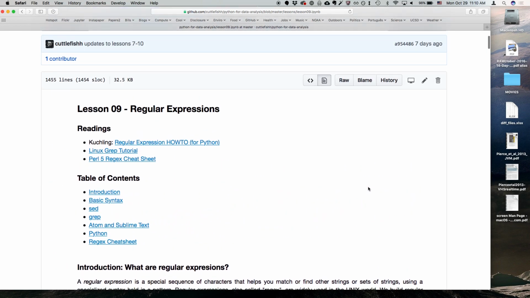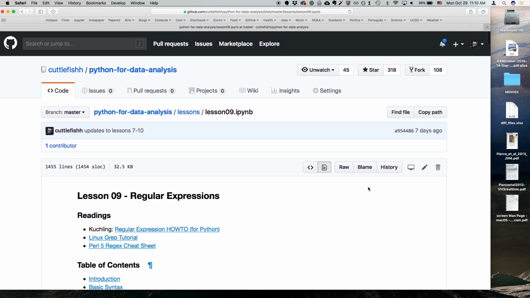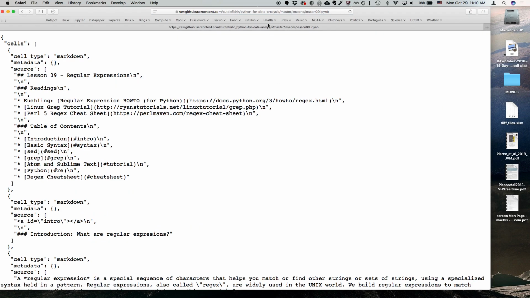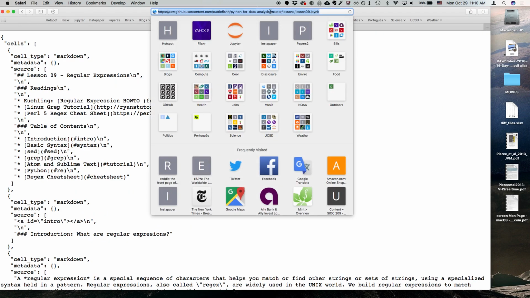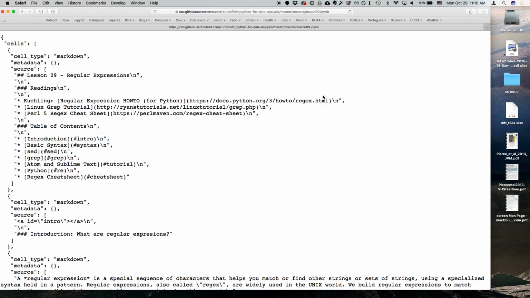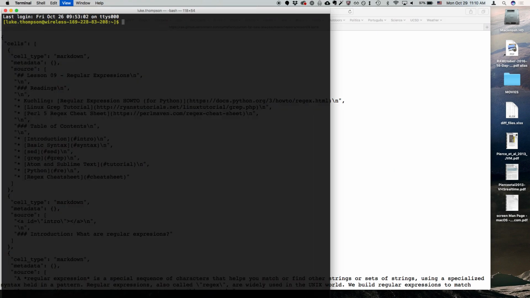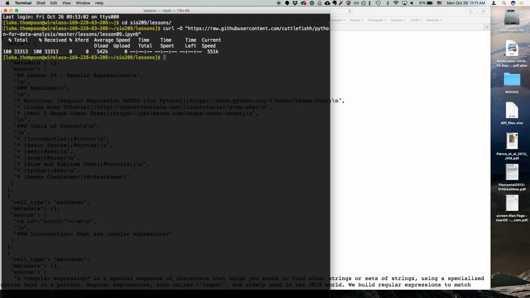Let's go ahead and get this notebook copied, and then we'll run it on our own machines. So we'll go to the raw link here and copy that. And now we're going to go to a terminal, and we're going to go to the SIO209 folder and lessons. We're going to do curl -o, and then in quotes that link. So we downloaded that,